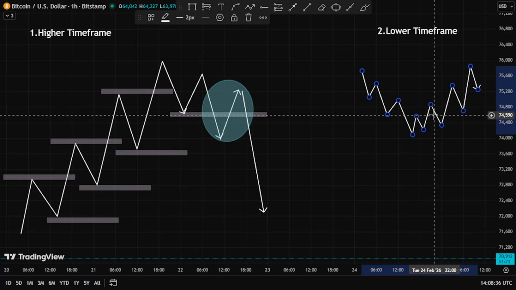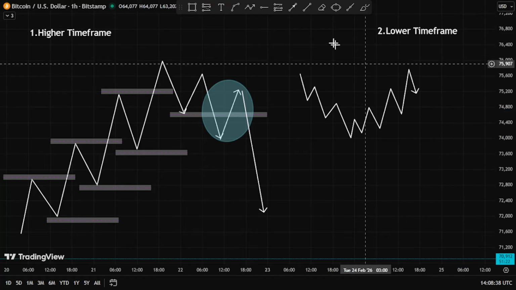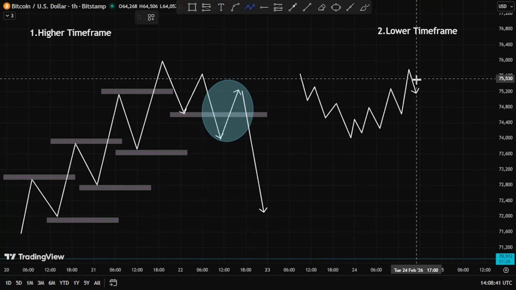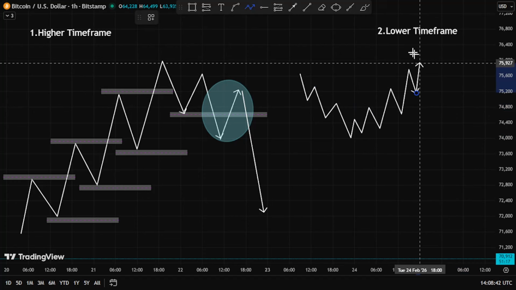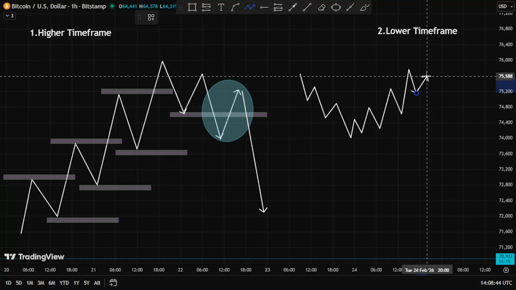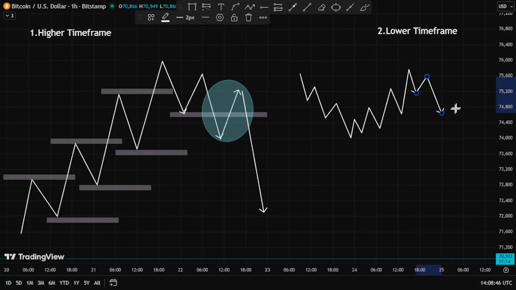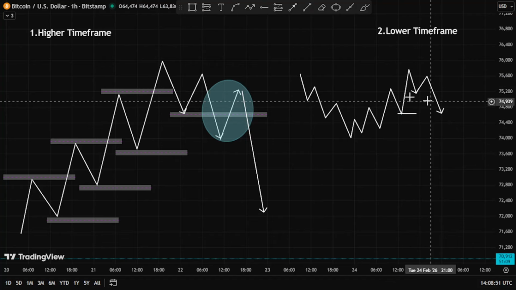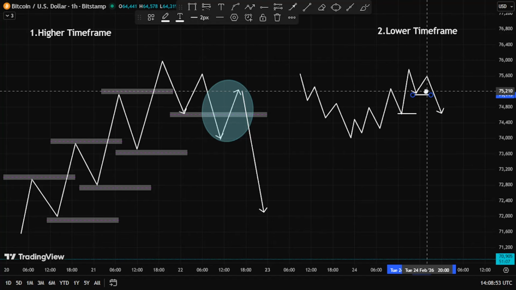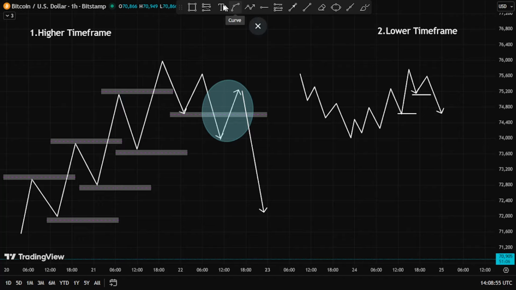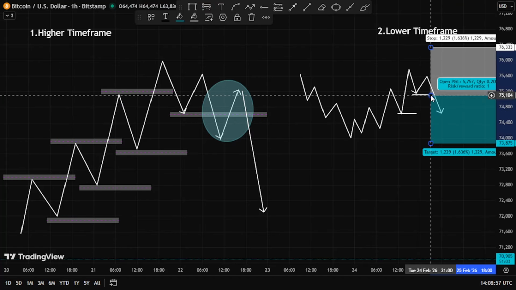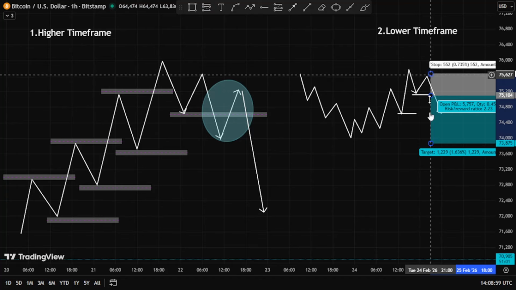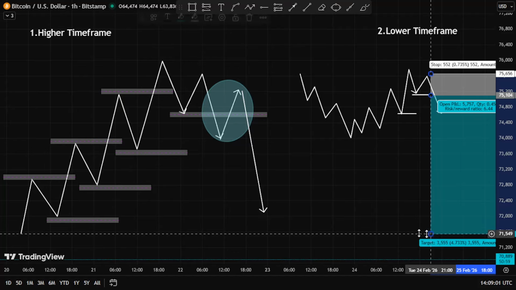So let me shift this here so that you can see this clearly. Now, at any point in time, if price is correcting and it fails to make a new high, and then it goes back to break a support level, which is the continuation phase, this is where the entry comes from. So you take an entry here, your stop loss goes here, and then the TP is literally